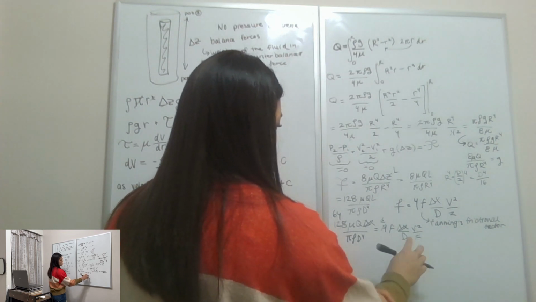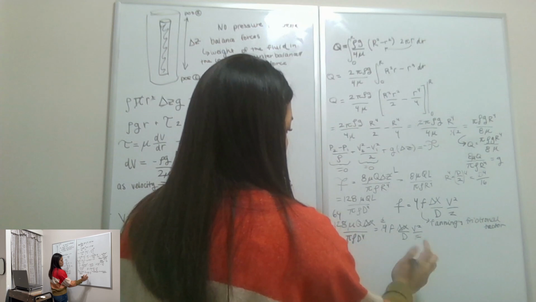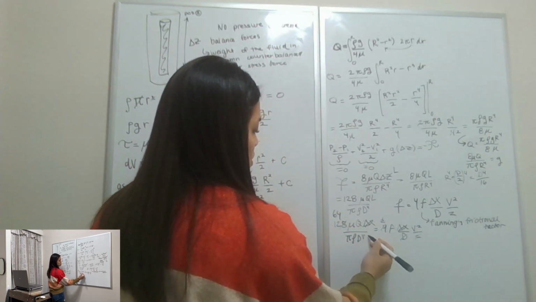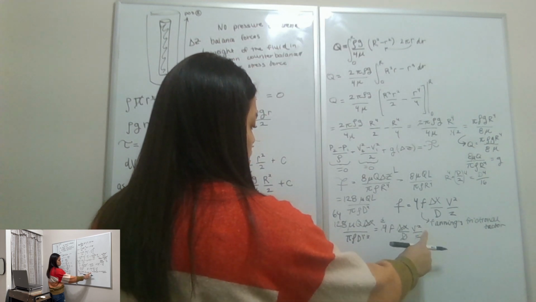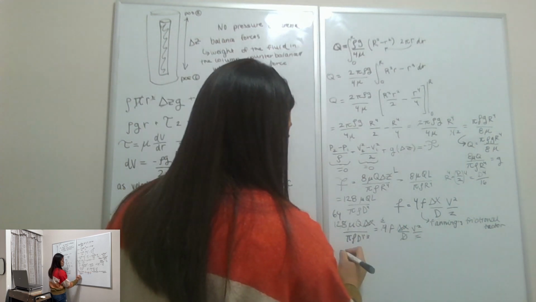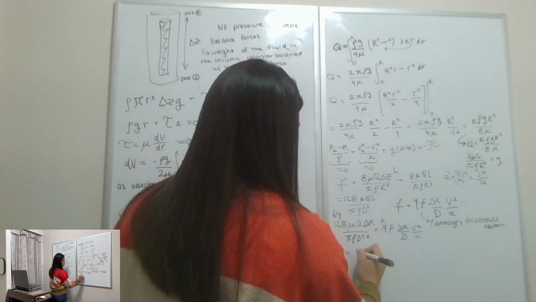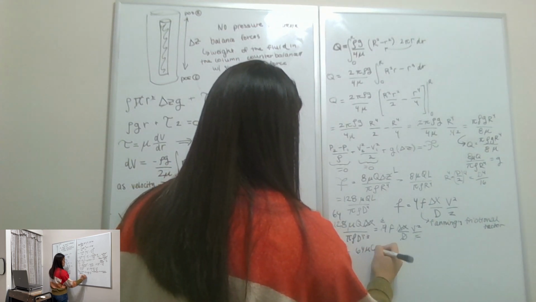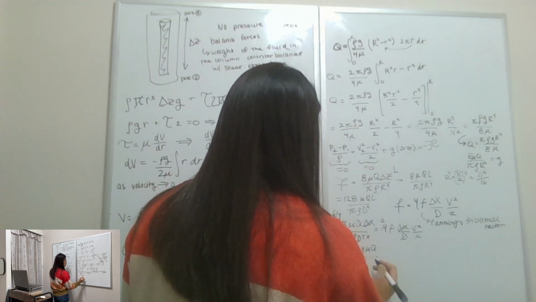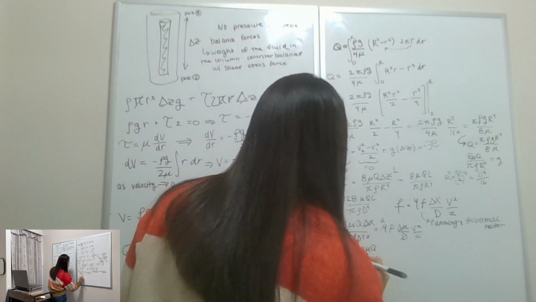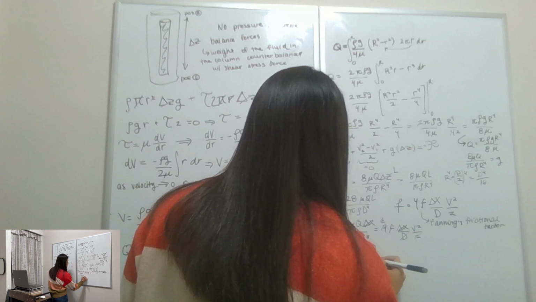So then if you were to move the velocity squared over the diameter, well, this diameter is going to simplify with this diameter, leaving a diameter cubed. And then if you move the velocity squared over to the other side, you would get that the friction factor is equal to 64 times the viscosity times the flow rate divided by pi times the density times the diameter cubed